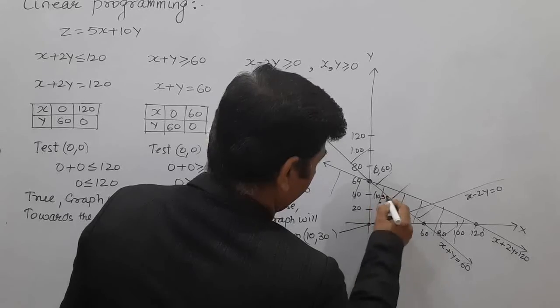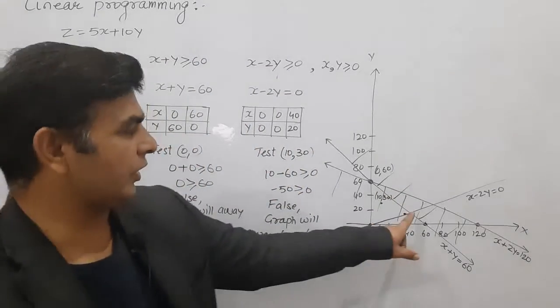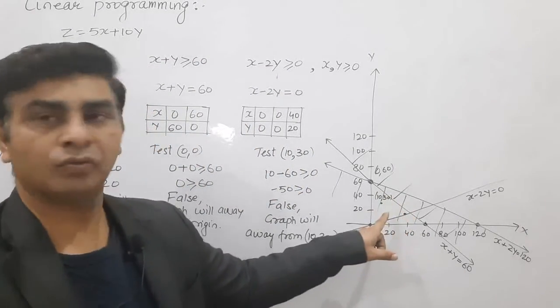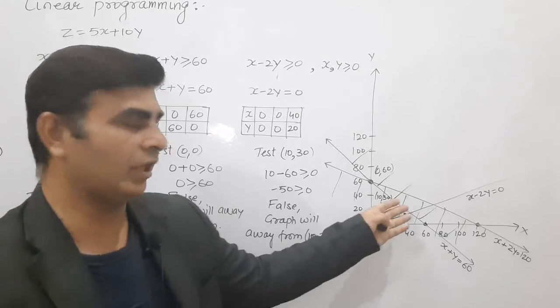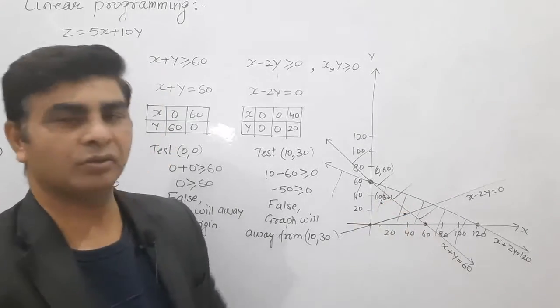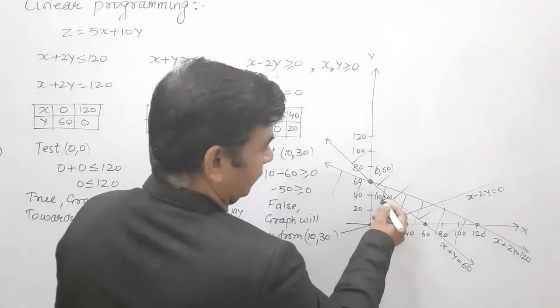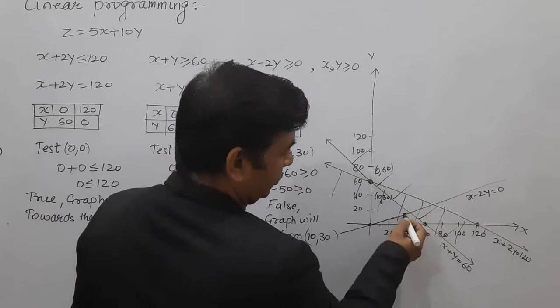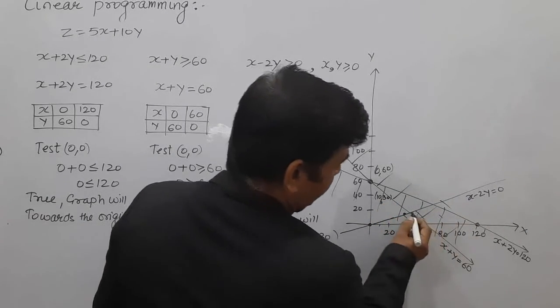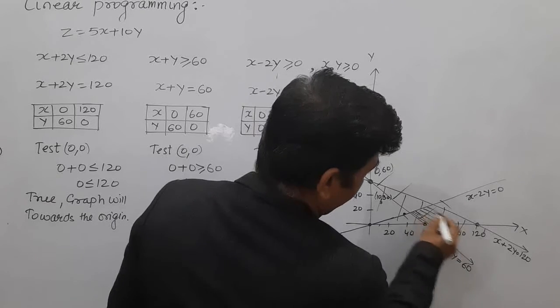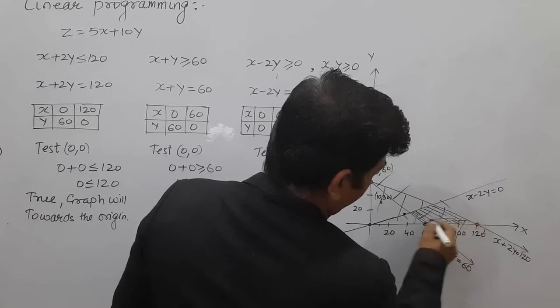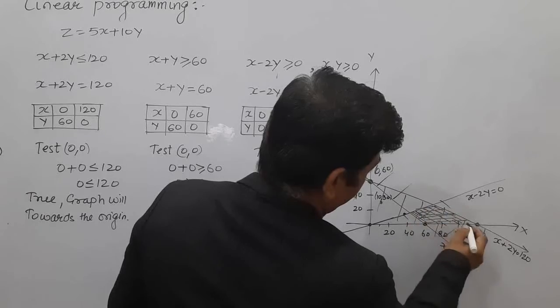और क्योंकि बच्चों इसके लिए, इस पॉइंट के लिए इस लाइन का जो टेस्ट है दैट इज़ योर फॉल्स है, तो इस पॉइंट से अवे फ्रॉम दिस पॉइंट वी हैव टू ड्रॉ द ग्राफ, एंड दिस इज योर पॉइंट इज हेयर, लाइन इज हेयर, सो दिस इज योर समथिंग लाइक दिस. सो दिस इज द शेडेड पोर्शन विच वी हैव टू ड्रॉ. दिस इज योर द शेडेड पोर्शन,